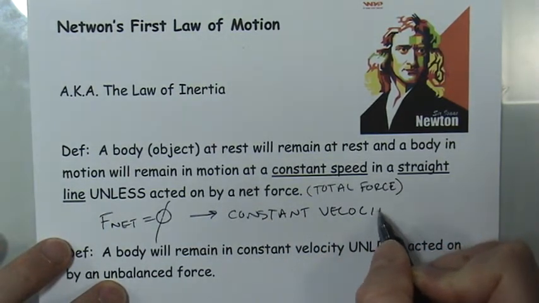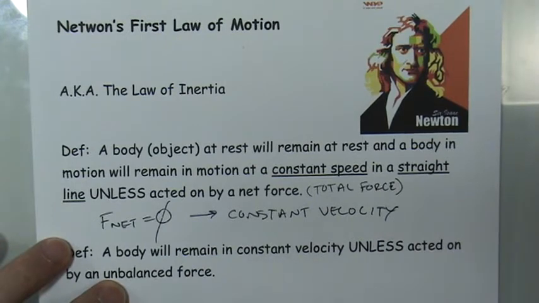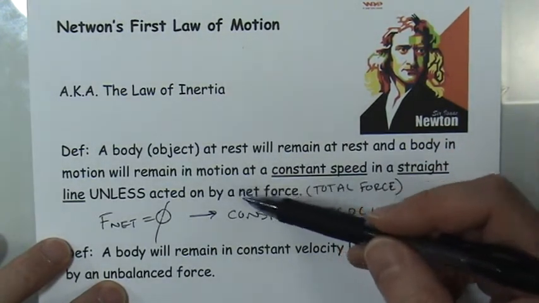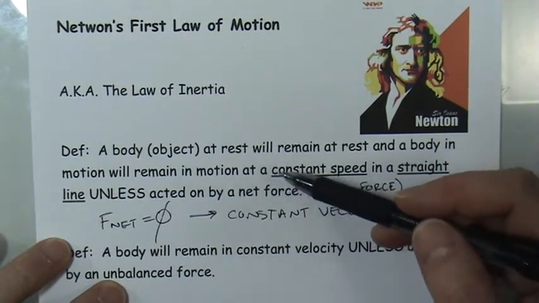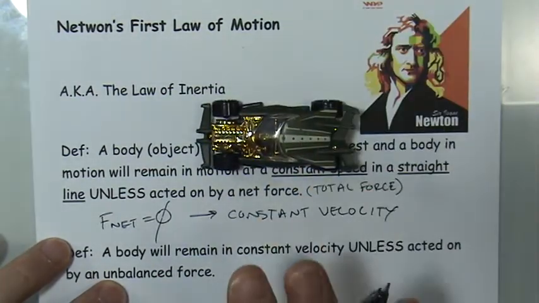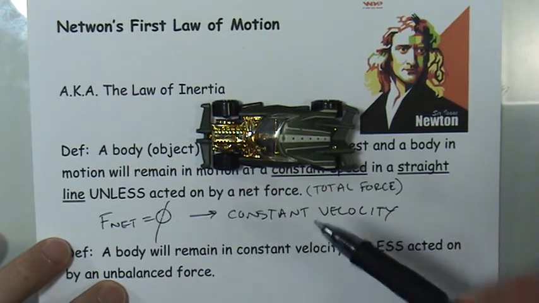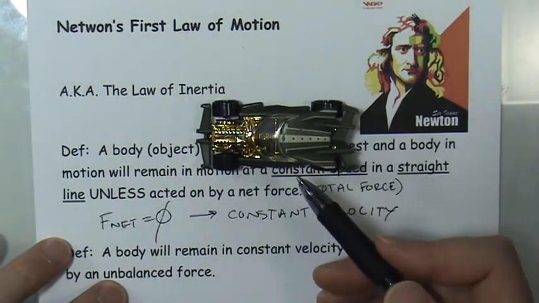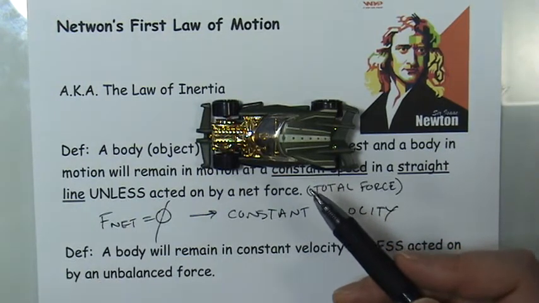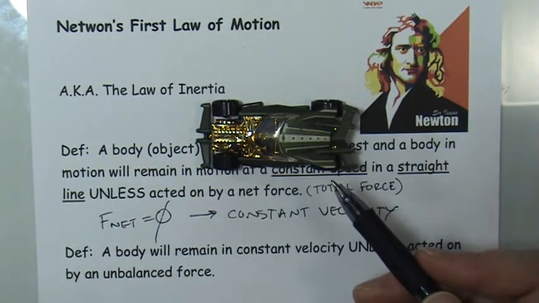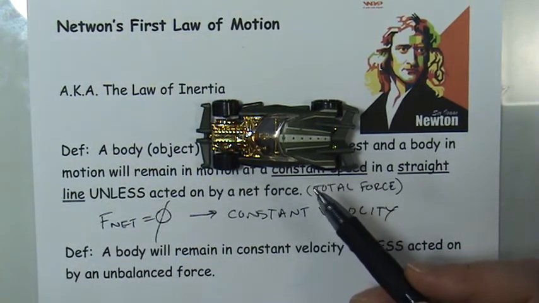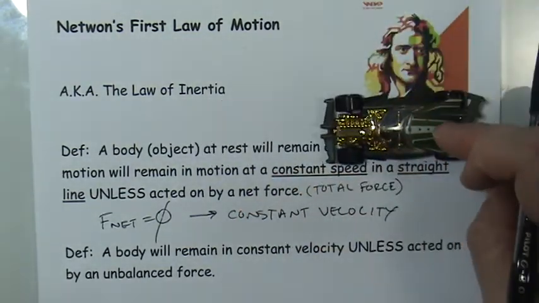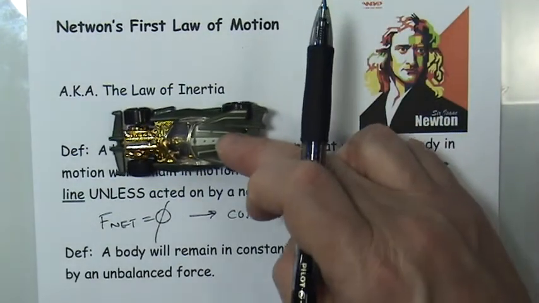Now, it might seem like what Newton was talking about was two different things because he said objects at rest remain at rest and objects in motion remain in motion. But actually, those are the same thing, because an object like this car at rest is traveling with constant velocity. It is traveling at the same speed in a straight line. It just happens to be that that speed is zero. It's a special case of constant velocity, but it's really no different. This was the great revelation that Newton had. It's really no different than when the car is traveling at a constant velocity.